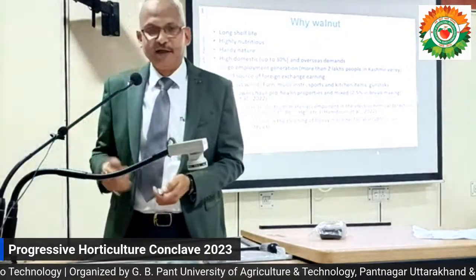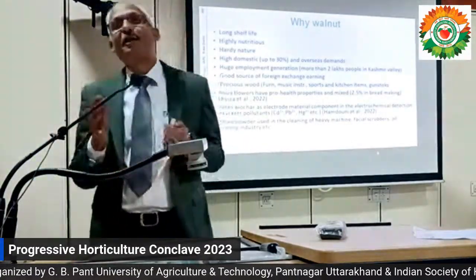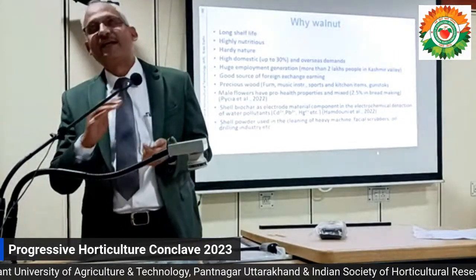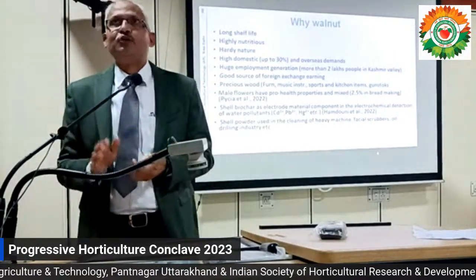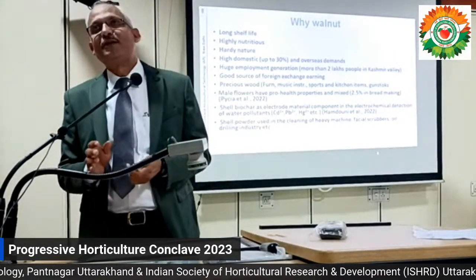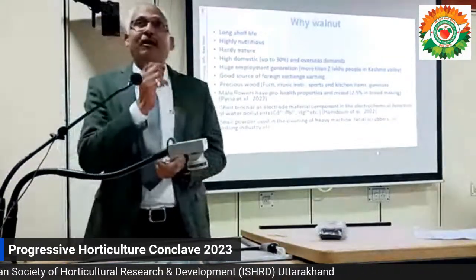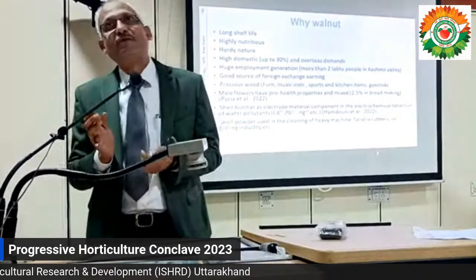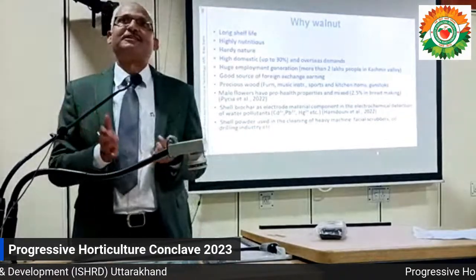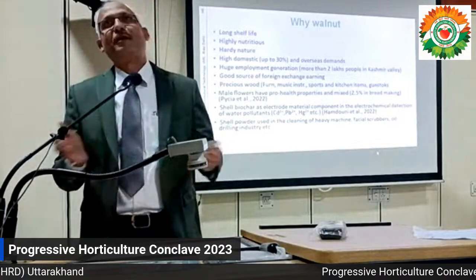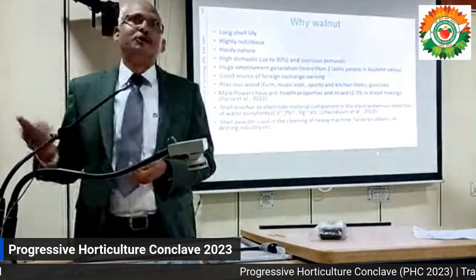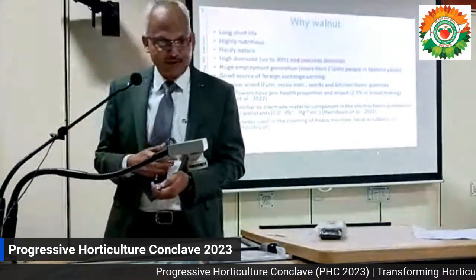Why walnut? Because our temperate industry is based on difficult terrains, except the Kashmir Valley. Soils are very poor, soil depth is very poor, and they are rain fed. Walnut is a very hardy crop and has a long shelf life, because many times transport facilities are not available. If you grow peach, plum, apricot and cherry, they are highly perishable. So this is one of the advantages with this crop.